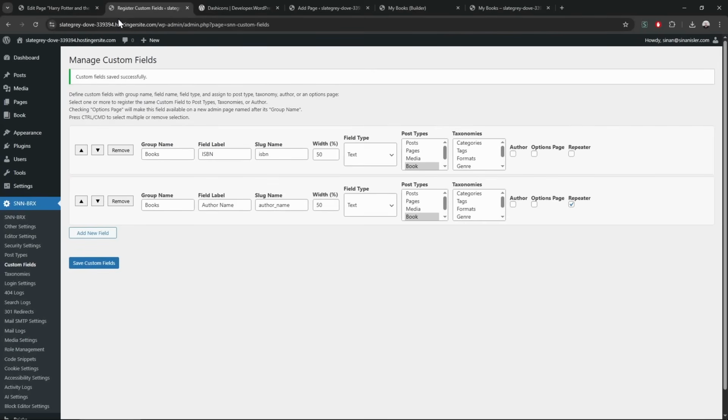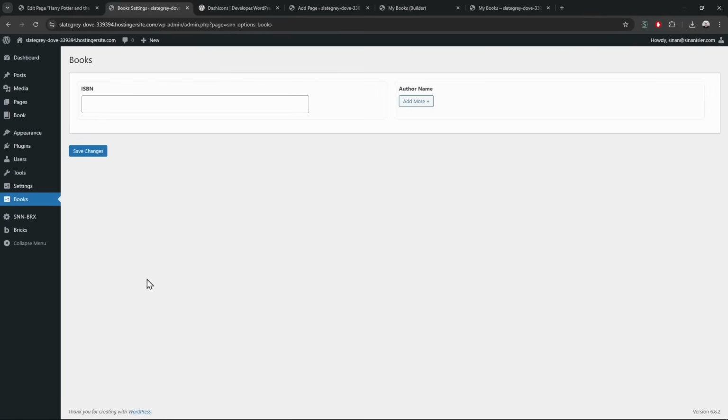Okay. And with that, I think I showed all the settings, right? I showed all the settings, how they work, and it is pretty simple. This custom field has more features. For example, you can add some author custom fields, like it will show up here. You can do that, and you can make an option page. Let's do that, save it. The moment you create an option page, it will use this group name as a setting page. Okay, so if you need like site settings,